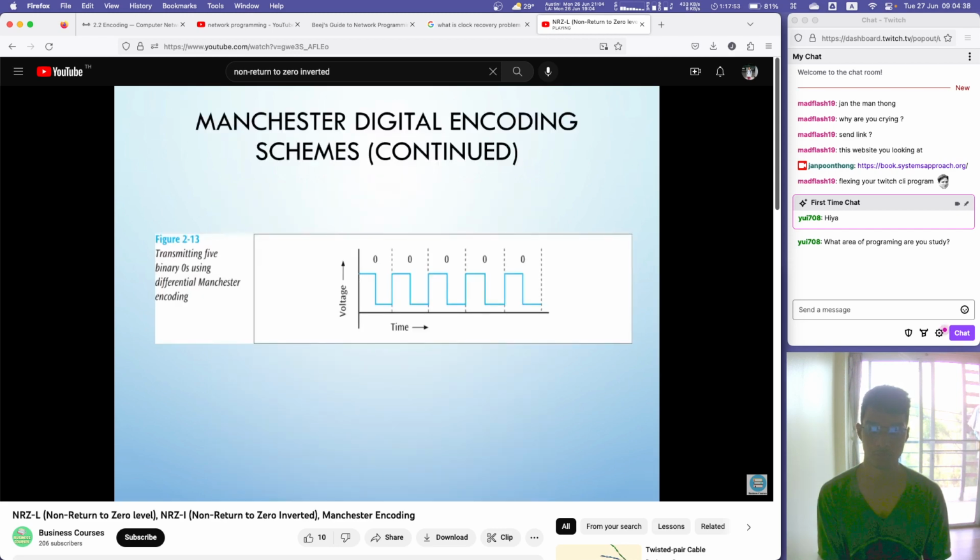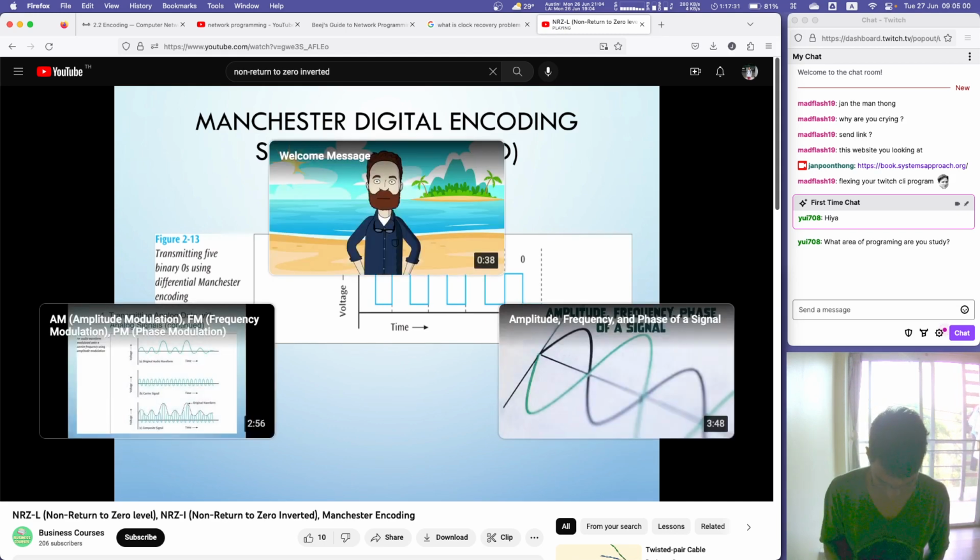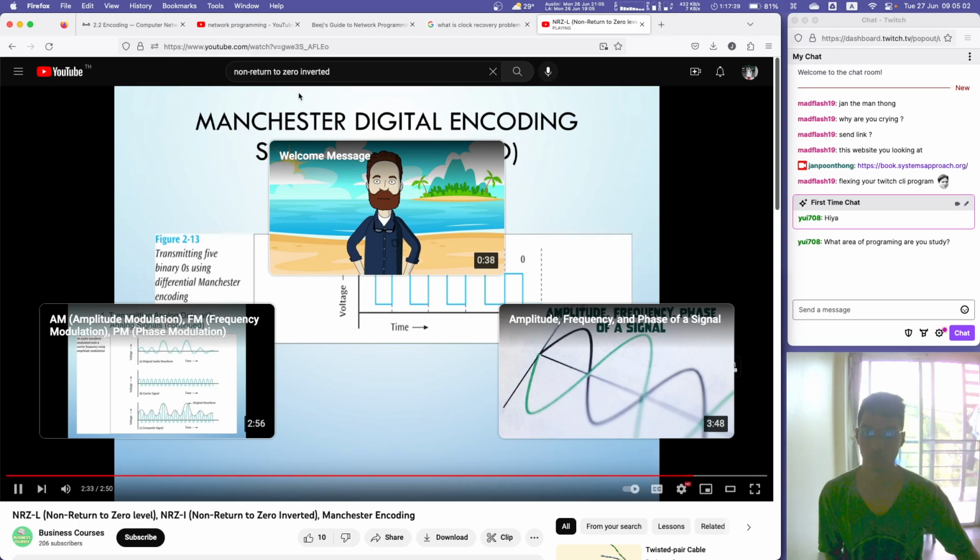To address the synchronization issue with NRZ-L and NRZ-I, the Manchester encoding was developed. With Manchester, each bit has some type of signal change, and the synchronization issue is never going to happen. In Manchester, to transmit a 1, the signal changes from low to high in the middle of the interval, and to transmit a